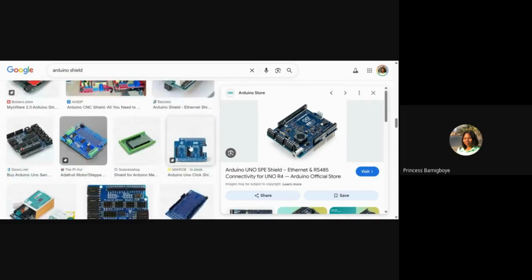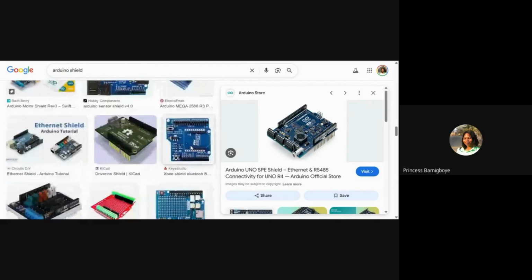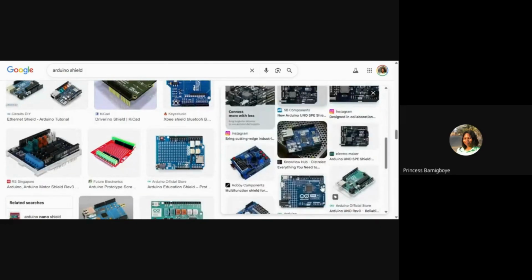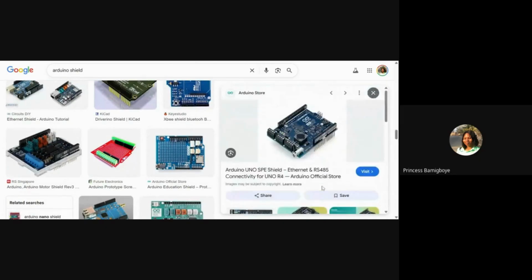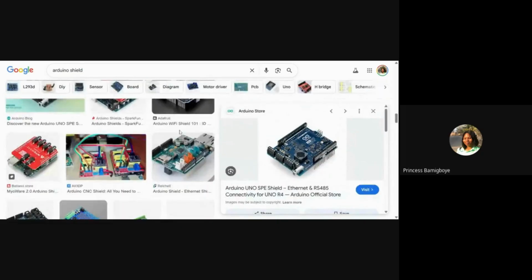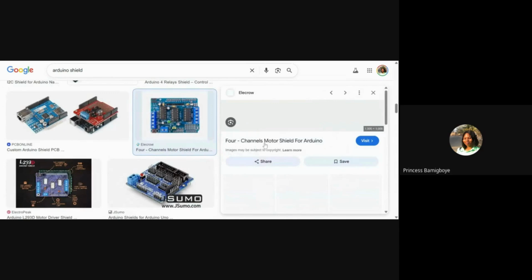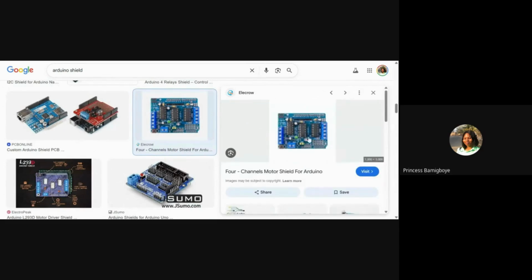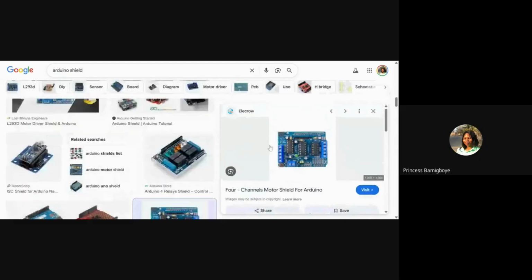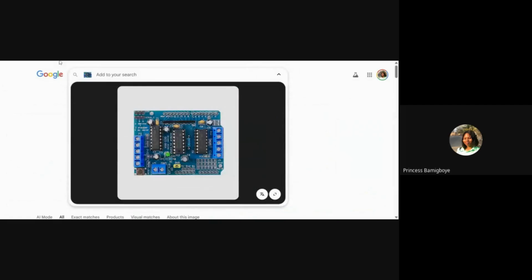So what they do is, when I mount this shield, for instance, as I said, I'm using the L293D as reference. When I mount it on my Arduino, there needs to be a reference voltage, a range of voltage values that this thing will be working with.